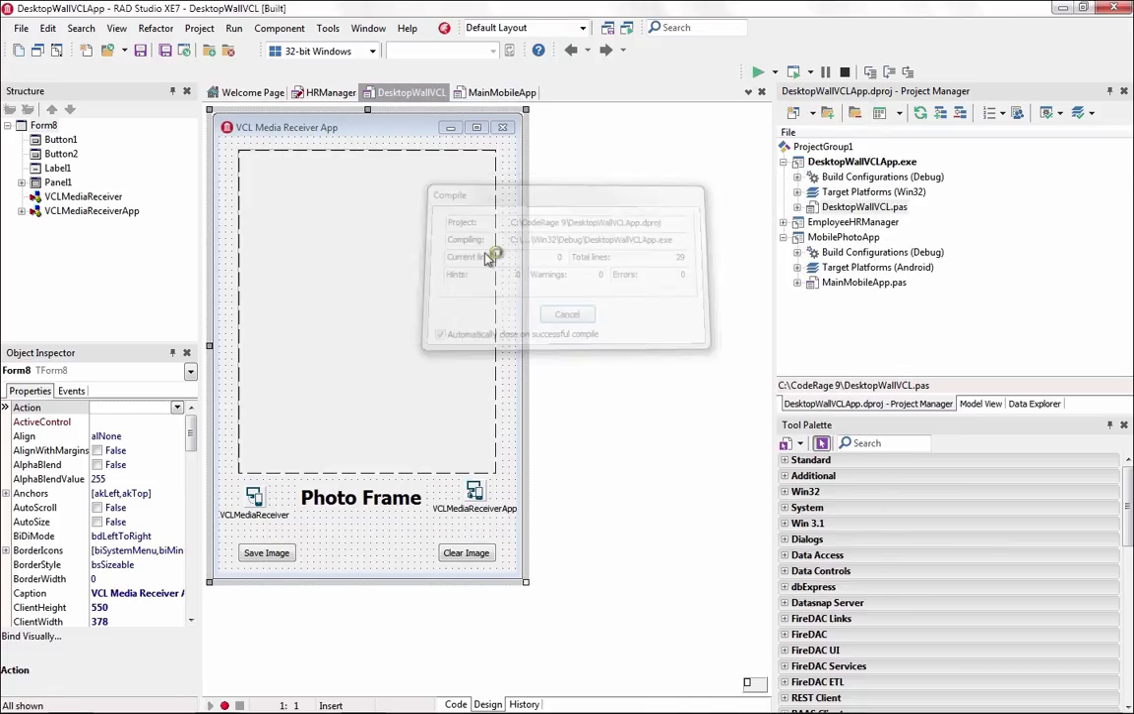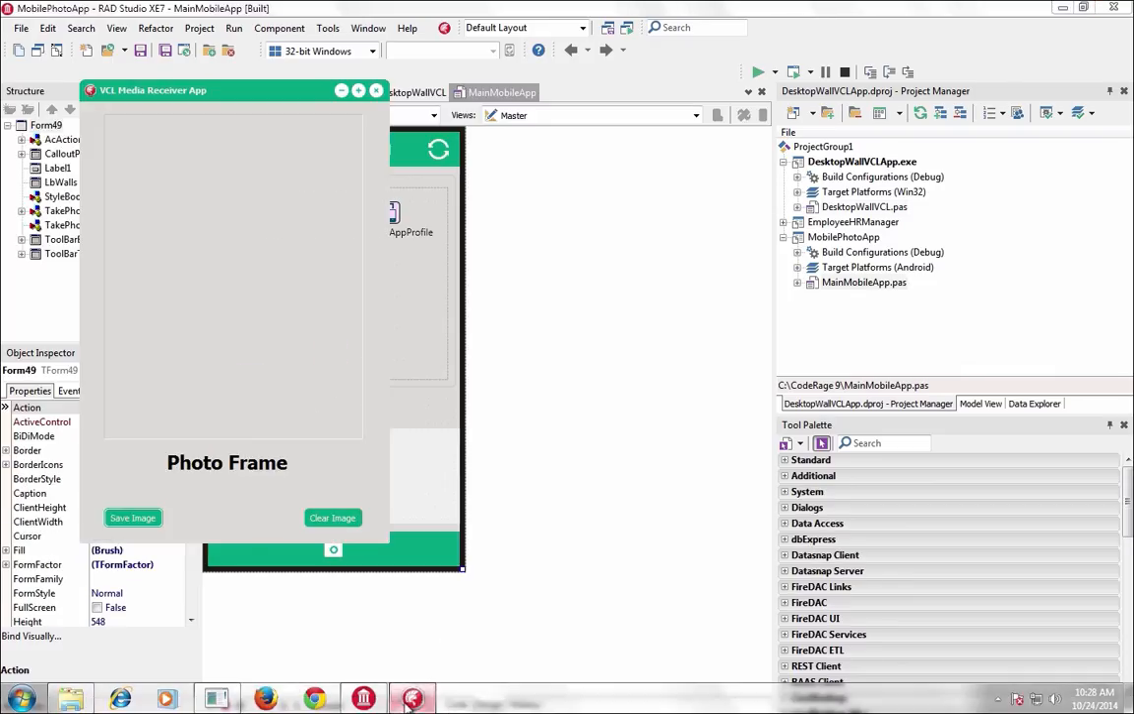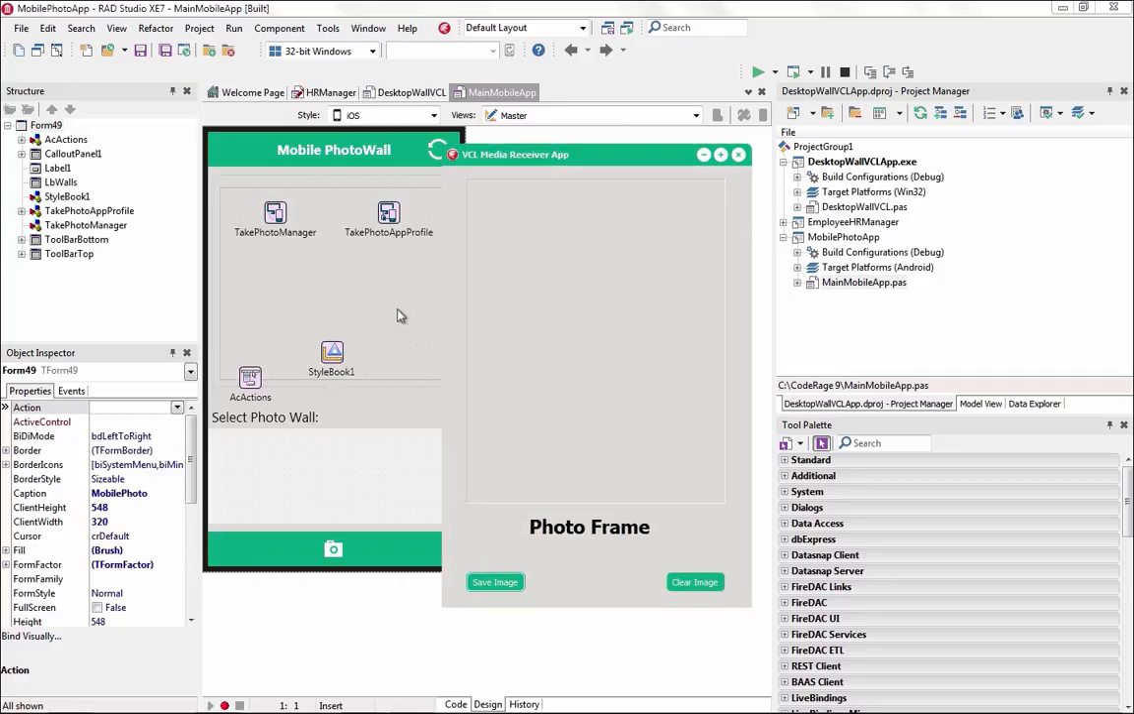Let's see right here. And if I switch back to my mobile application, I have a very similar style on mobile. Of course, it has the mobile UI elements, but the color scheme will be very similar. And so that's a nice way of building and extending an existing VCL application to mobile